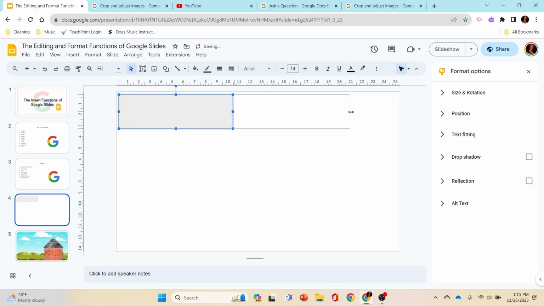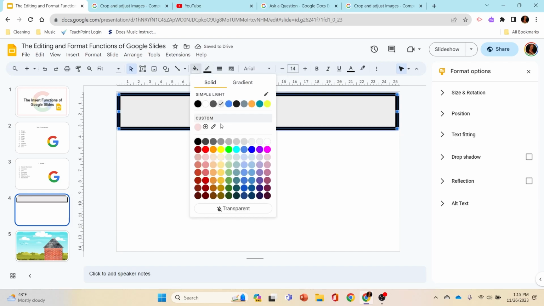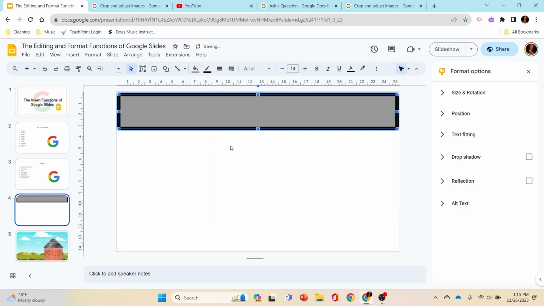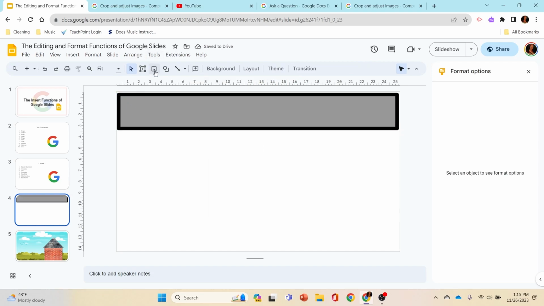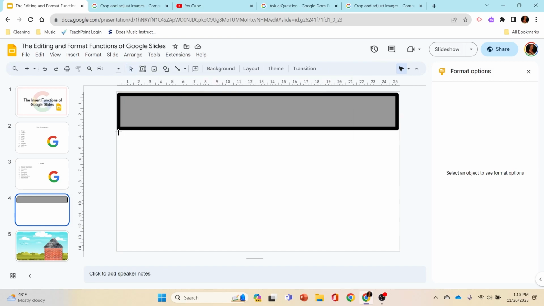So I added a rectangle here, and now what I'm going to do is start playing with this triangle to change how it looks. So I'm going to give it a thick border. I'm going to change its border color to black, and then I'm going to change its fill color to like gray,